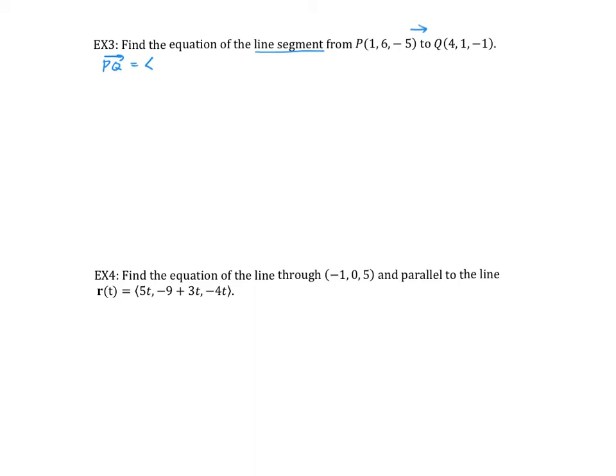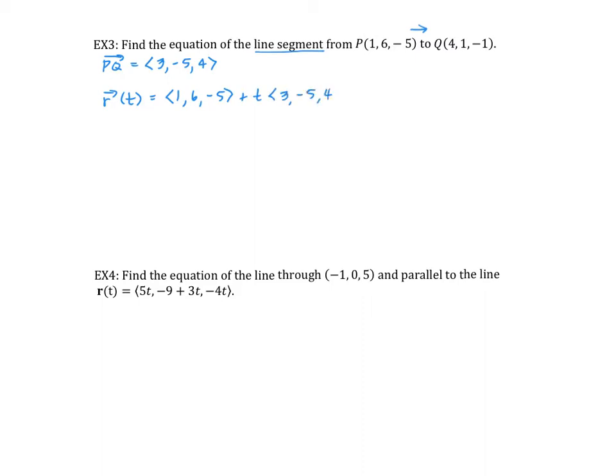When I take Q minus P, I get 4 minus 1, so 3. And then negative 1 minus a negative 5, so that would be a positive 4. So I have my direction vector, and it's starting at P, so that would be my x sub 0, y sub 0, z sub 0. And my line segment is going to be 1, 6, negative 5, that's my starting point, plus t times 3,